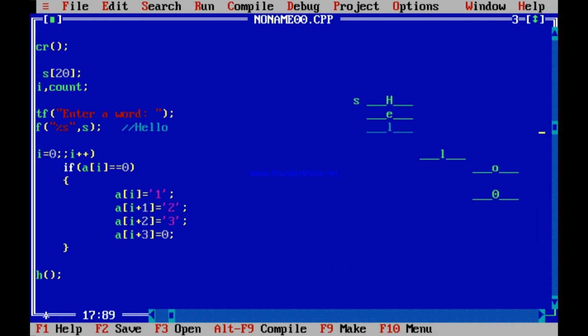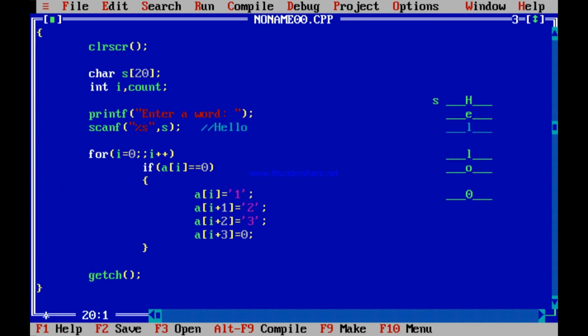You have said enter a word and the word has been scanned. So here it is, hello is present like this. Just avoid the blank lines in between. See, this is how hello is staying inside. Now what you do is, you are going through a for loop. You have been given the task to append 1 2 3 at the end of any word. So in this word hello has been scanned, HELLO is kept like this with a 0 at the end.